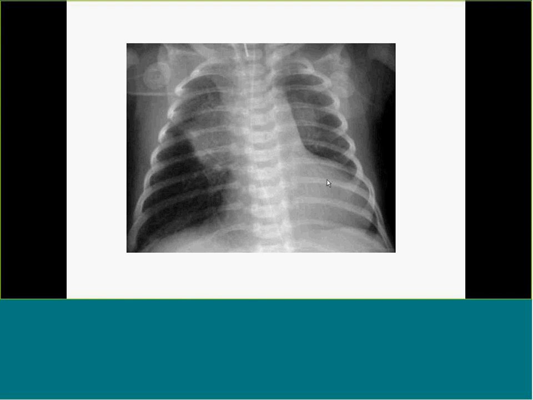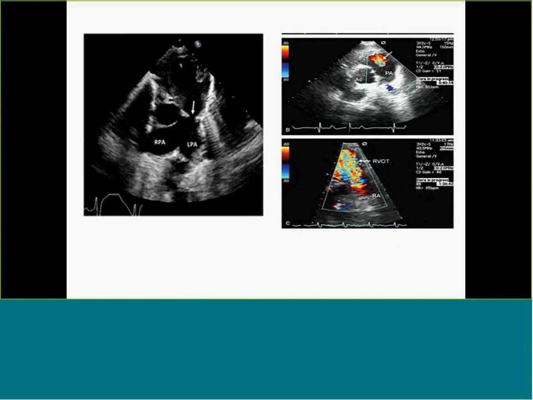So that's right. Now when you do echo, you have certain differences from the tetralogy of Fallot. Here you see parasternal short axis, where the right ventricle is dilated, as normally in tetralogy of Fallot, and very